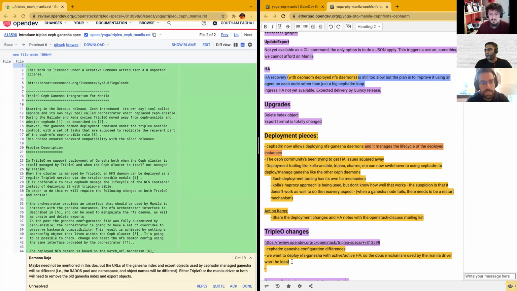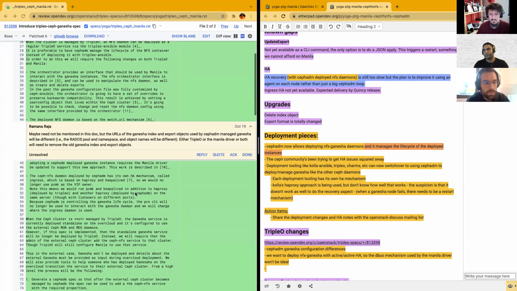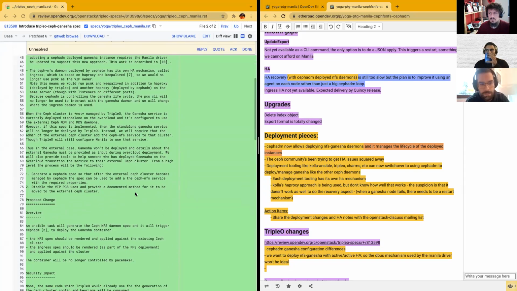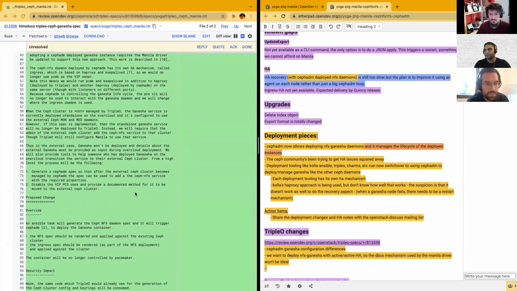At this point, this is the first step, I guess, to move to the CephADM deployed Ganesha. And this is covered in terms of steps in this spec. The second aspect of this conversation is related to the architectural impact of this change, because having Ganesha deployed by